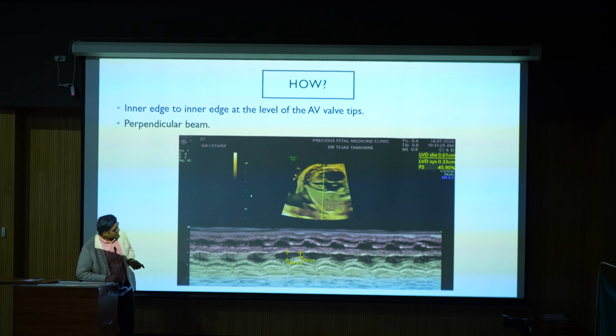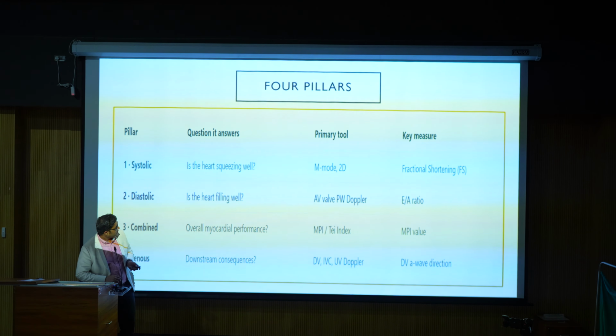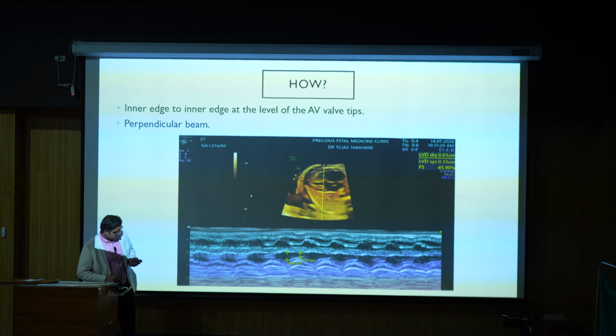So from the inner edge, right. So the heart has to be in a transverse position. Your M mode sample should be just below the AV valves, and this is the M mode trace you will get on the screen, where the middle part is the actual interventricular septum. If the right atrium is on the upper side, then this is the right ventricle, and this is the left ventricle. So as the equation goes,